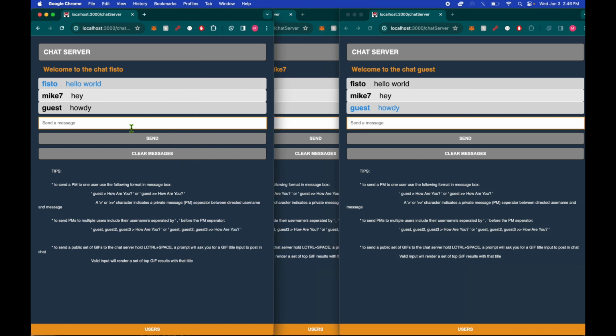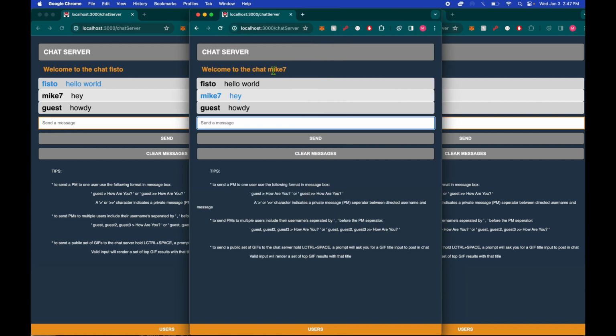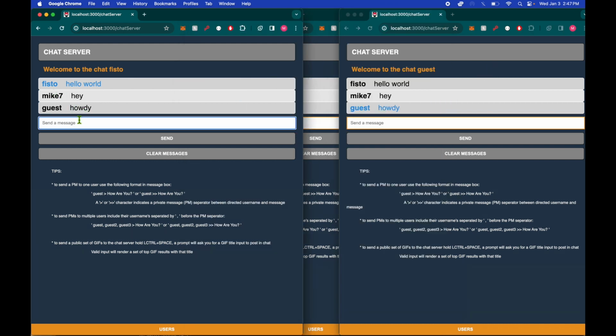Let's send a private message. To send a private message, all the instructions are down here. PM is separated by the arrow key. So I'm gonna get all their usernames, Mike7 and guest. They're all right here. Mike7, comma separated. Guest. I could send one to myself as well. And then it doesn't need the space, but I'm just doing that. You could send one or more of these arrow keys. And I'm gonna say,